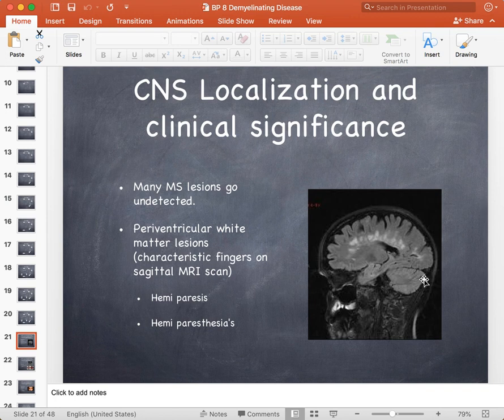So this is a classic MRI picture. You're looking at a sagittal view, and what you see are these white matter lesions, which tend to have a streaky appearance that radiate up from the corpus callosum. My understanding is that this is where the venules are. The venules have this striated appearance. That's correct. Yeah,